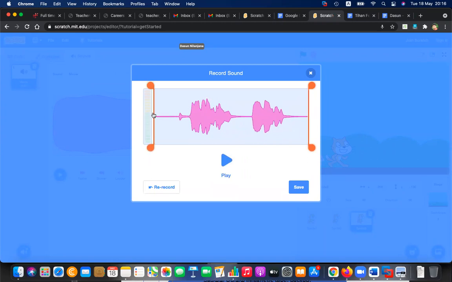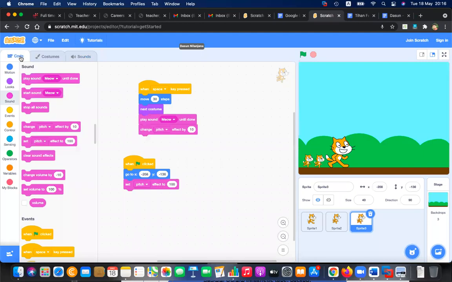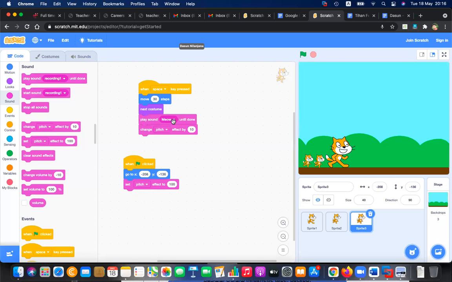Okay, I have recorded. And then I can put this sound to the cat. Okay, let's go to the code. And instead of meow, the larger one here, come back. Instead of meow, oh, I have recorded for the smaller one, I think. Yeah. Instead of meow, can you tell the recording now? Then when I play,